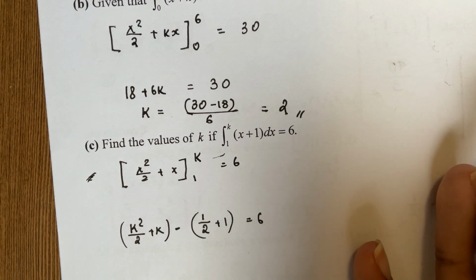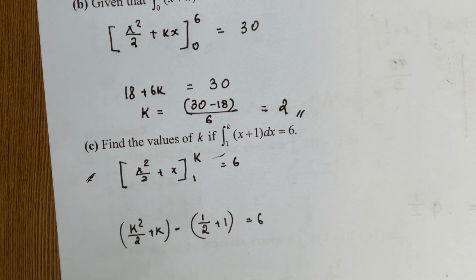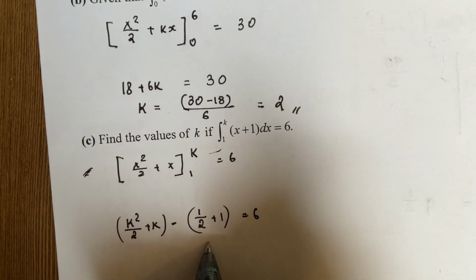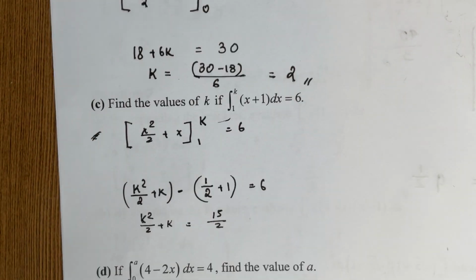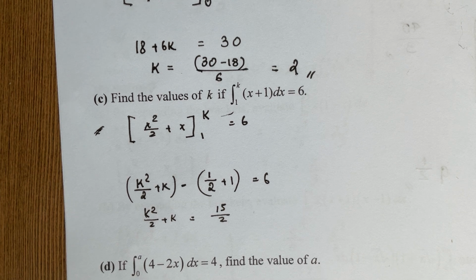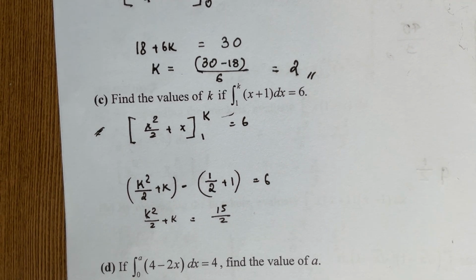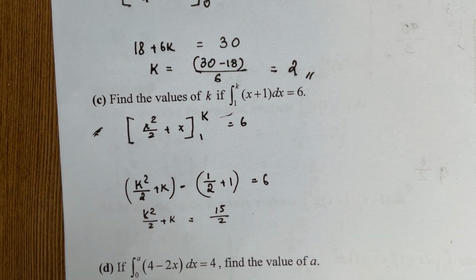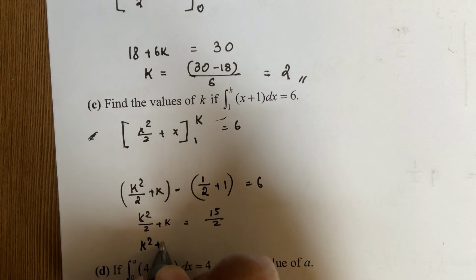And it's a minus 3/2 in our case. So when we go to the other side, it's going to have to be a plus 3/2. So let's do 6 plus 3/2. And that's going to be 15 on 2 here. 15 on 2 is equal to k squared on 2 plus k. Okay. Now what do we do? Well, now we can actually go ahead and let's say we want to multiply both sides by 2. So that will just become k squared plus 2k